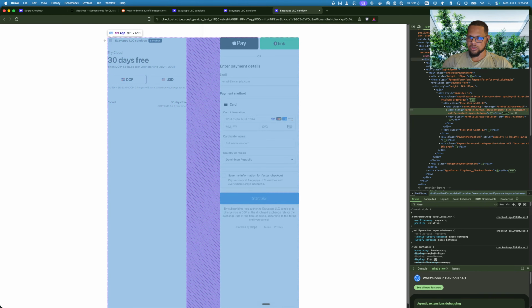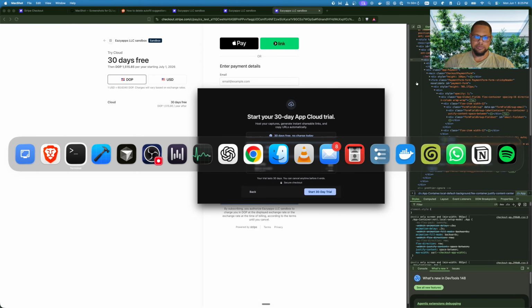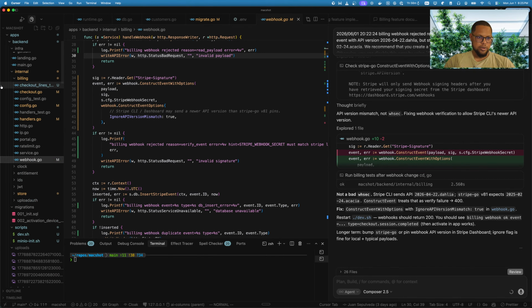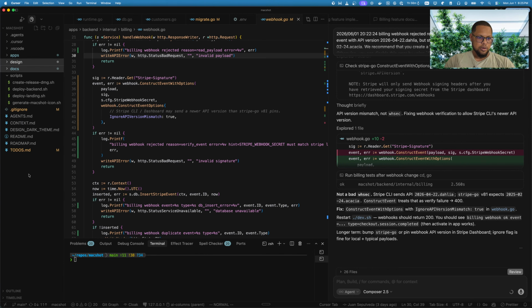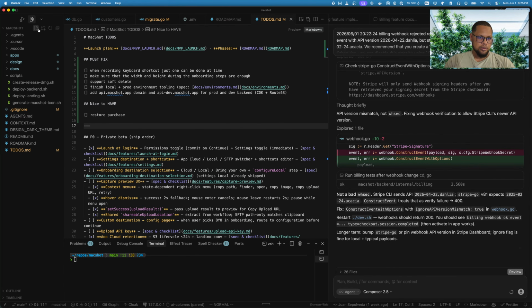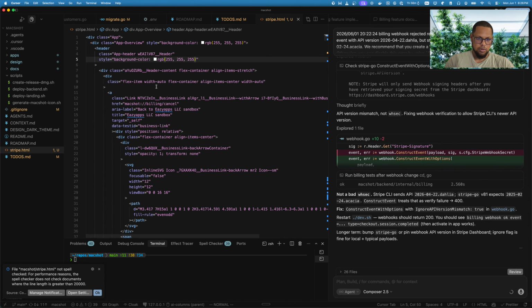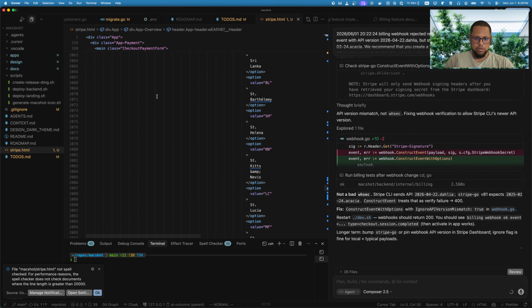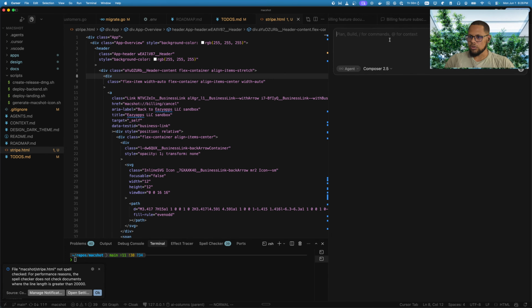So what I'm going to do is, I don't want to waste time filling up those details over and over again. So stripe.html. All right. So we have that Stripe HTML, and then what we're going to do is let's create